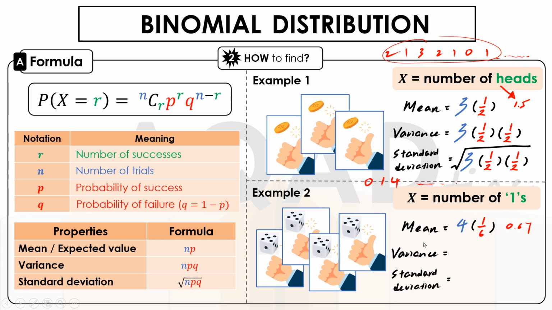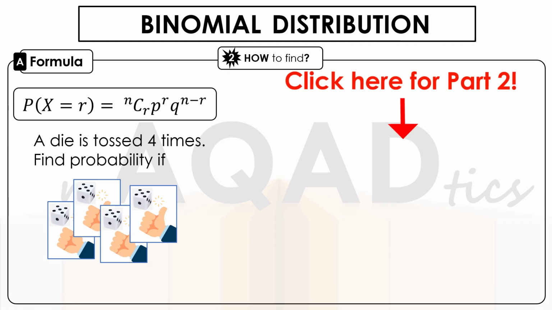Alright? For variance, it would be n multiplied by p multiplied by q, so 4 times 1/6 times 5/6. Okay, and then for standard deviation, we just add a square root. For this part, I'd like to share what are the